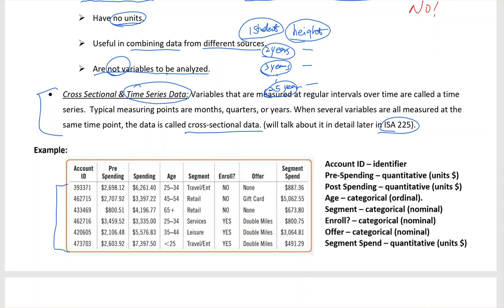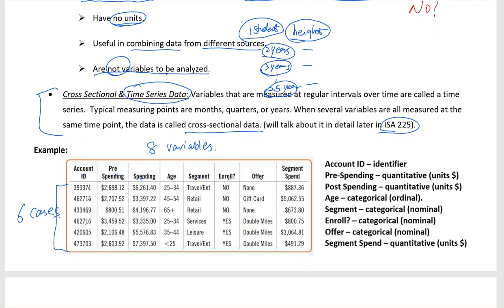Think about it. These rows are 6 cases, right? And then for each case, we have 8 variables,